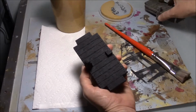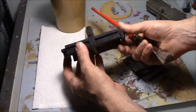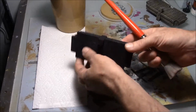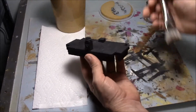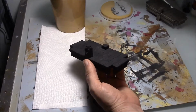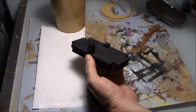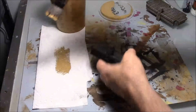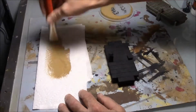for the dry brushing. Anyway, what you're going to do is spray paint all of the dock pieces solid flat black. So spray paint them all black, let them dry, and then we're going to dry brush the earth tone medium color. It's kind of a pumpkin pie color. So I'm going to dip my brush in the paint. I've got a paper towel beside here, and I'm going to wipe off pretty much all of the paint out